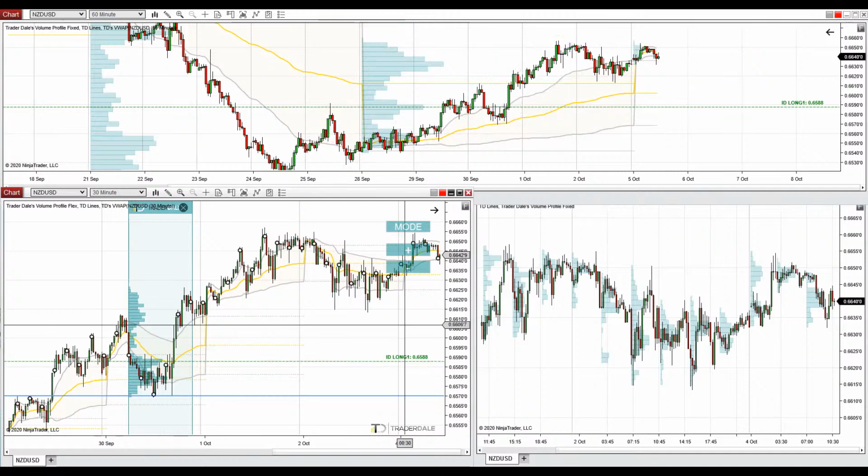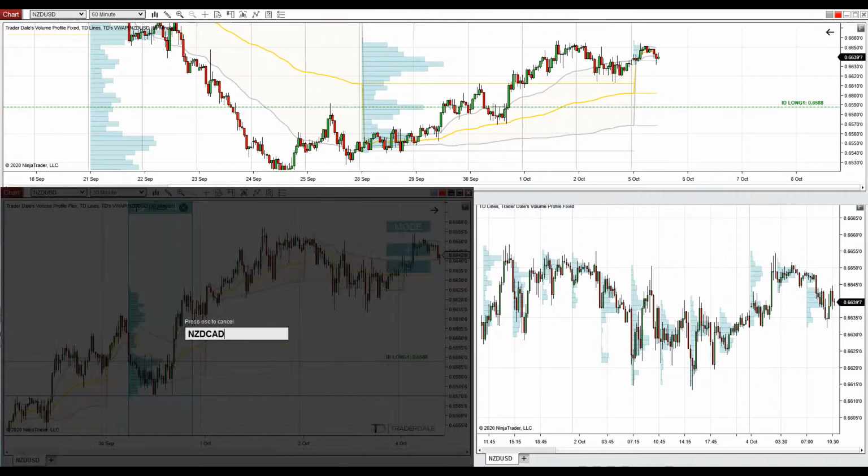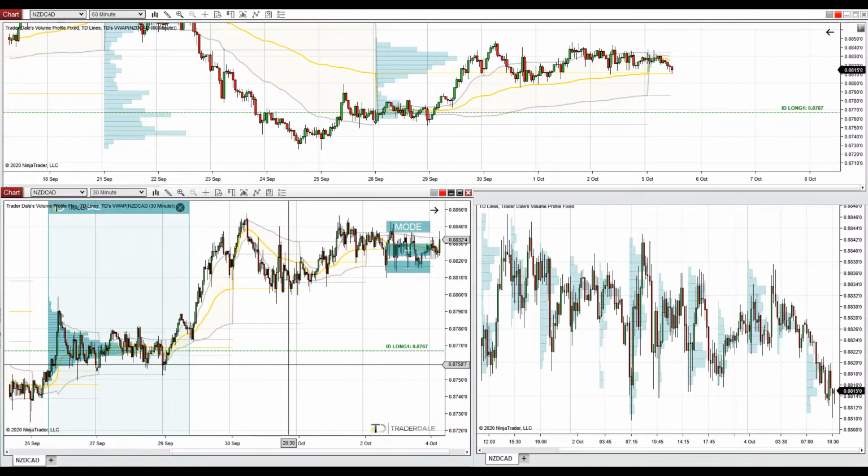Alright, now let's have a look at the last trading idea, which is on New Zealand dollar, Canadian dollar. So this is the New Zealand dollar, Canadian dollar. And what I wanted to show you in here is a volume accumulation setup and strong support, which is at 87.67. This support is based on those massive volumes which got created in this rotation from which strong buying activity